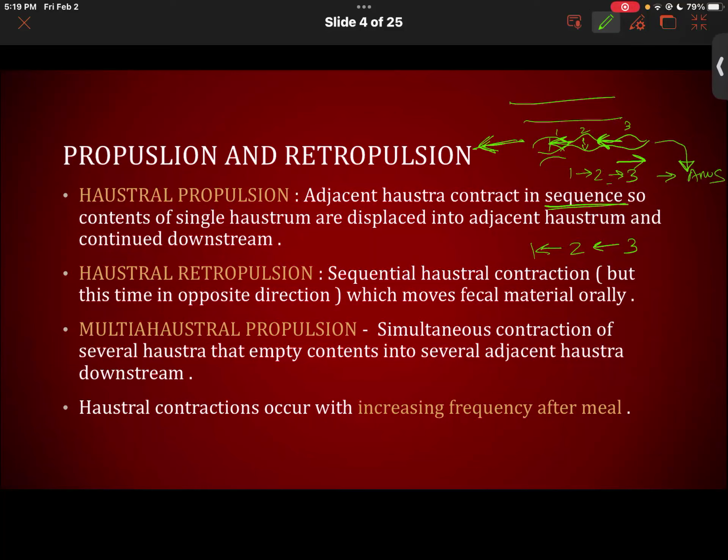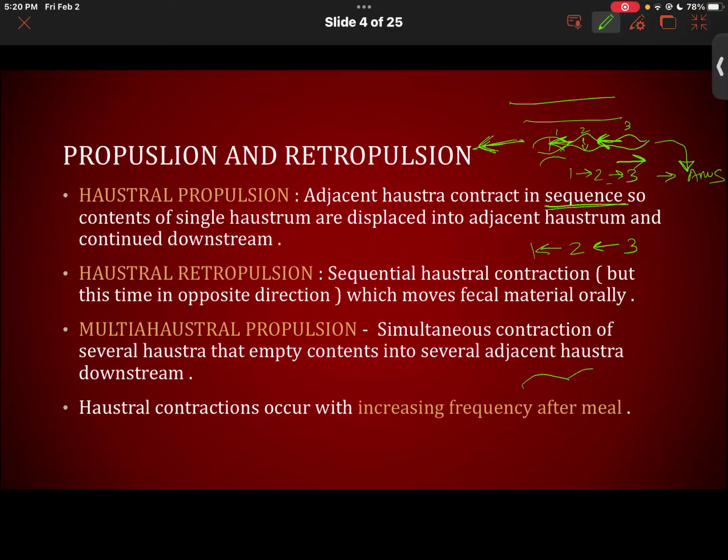And then we also have something called multi-haustral propulsion. So in multi-haustral propulsion, we have simultaneous contraction of several haustra. So instead of a single haustrum contracting and then another one relaxing so that it can move, many haustra that are adjacent to each other will contract and then empty their content into the adjacent haustra downstream. So let's say we have 1, 2, 3,